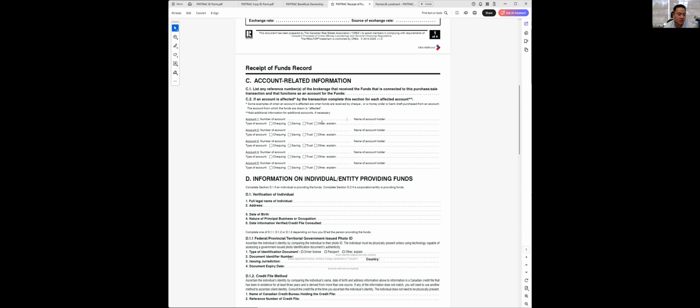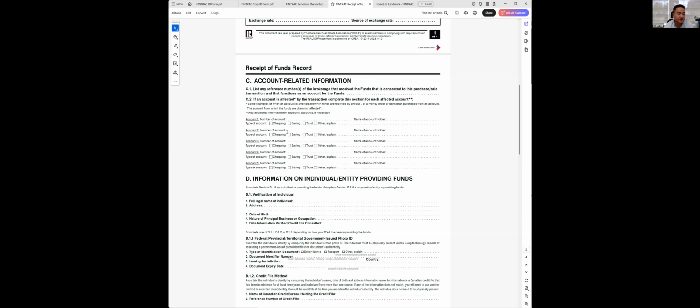Make them understand that it is government required information, and the forms are always kept completely confidential by our brokerage, and only disclosed to Fintrac if there's ever an audit and they need to see it. So: number of account, the name of the account holder, and the type of the account,